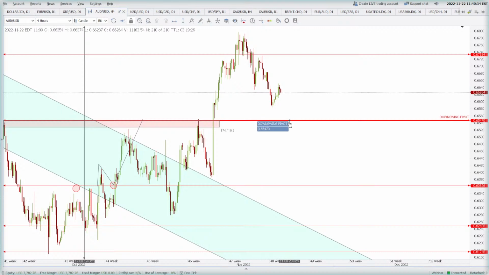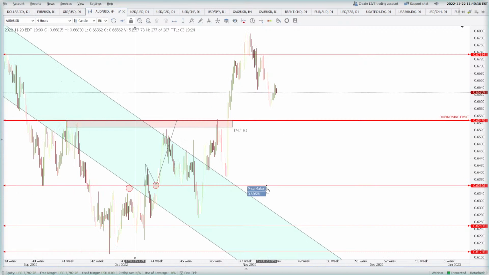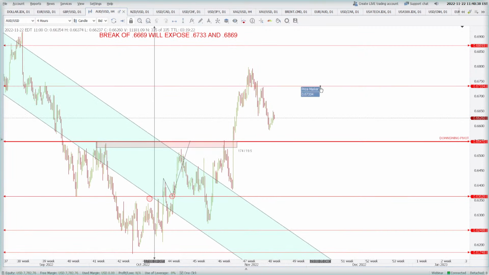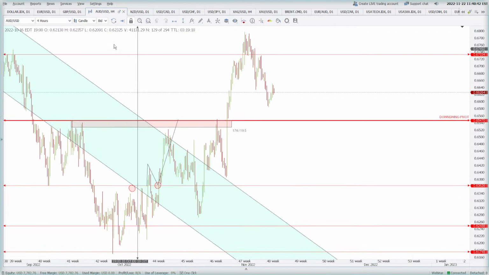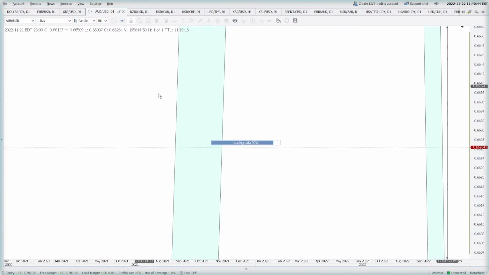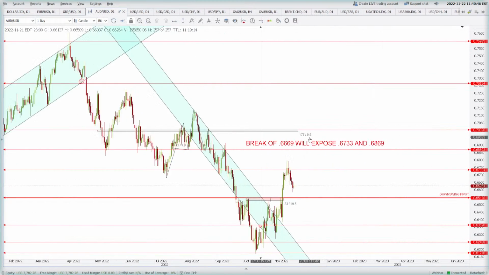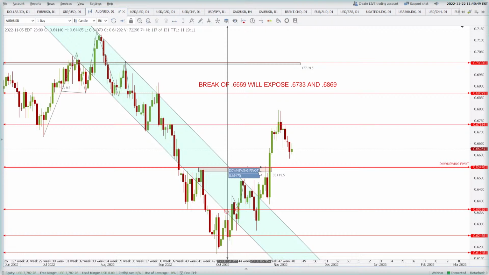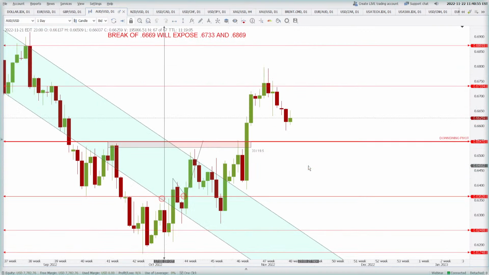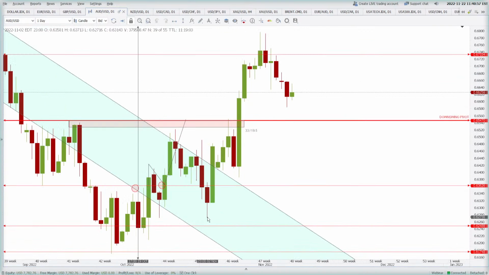When the price reaches this zone, I will expect a bounce back towards the 0.6733 area. Now that is what I'm thinking. So like I said, we know the key level is this one. So how are we going to use it? We already know that the structure is broken, the price is headed upwards now. Since the price is headed upwards, we'll be looking for a buying opportunity. Looking at the swing low here,